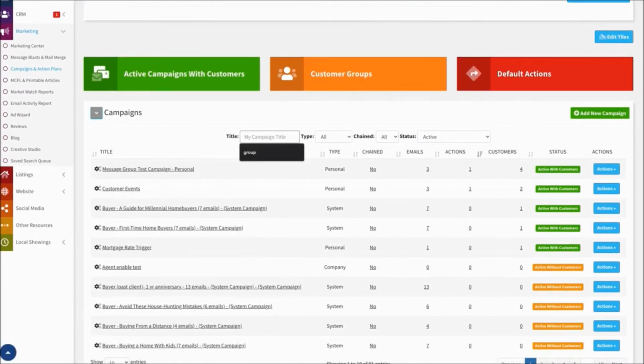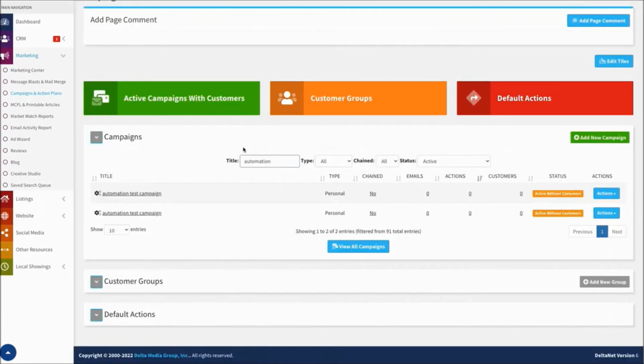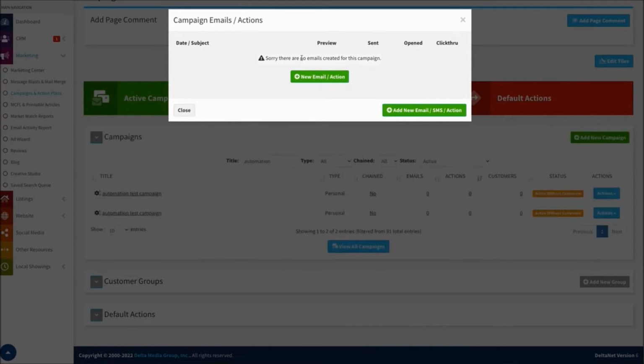So we'll go ahead and find our automation campaign. We have it filtered so it's not shown in our list. It looks like I've created an automation campaign before, so I have two now. But we'll go ahead and open this one up. So I'll just click on it, and you can see right now there are no emails in there. So we're going to click New Email,